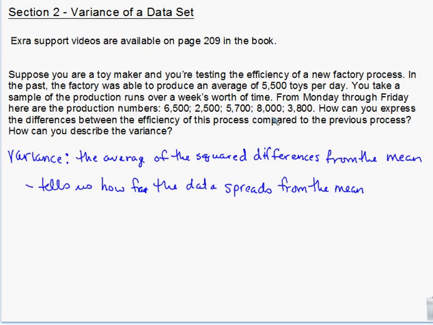They can calculate the variance to determine how efficient they are. If you're manufacturing toys in a factory, high efficiency means you're making about the same number of toys every day. If it's all over the place, they're going to want to look at their processes and see if something's wrong. If something is too variable, it's not necessarily a good thing. So the variance tells us how far the data spreads from the mean. The higher the variance, the further the spread.